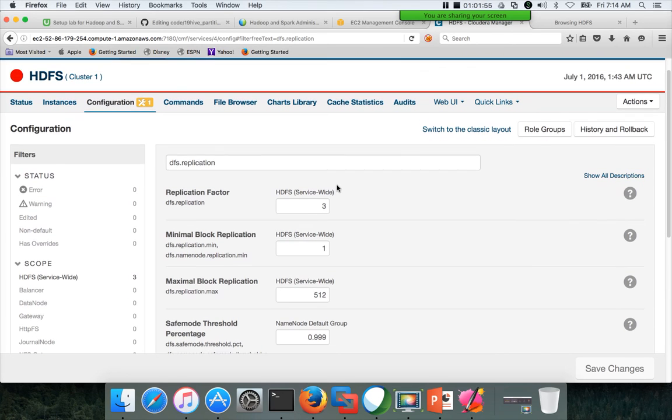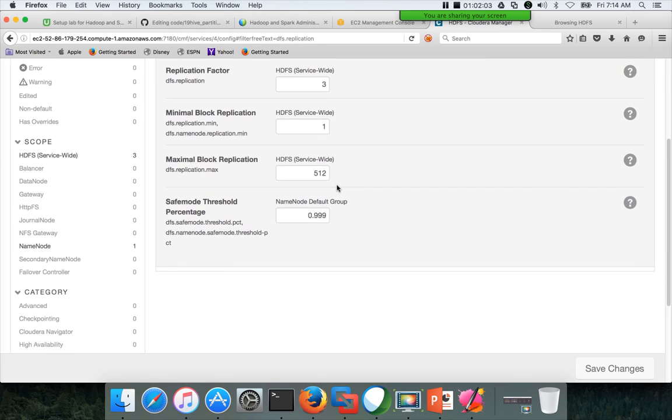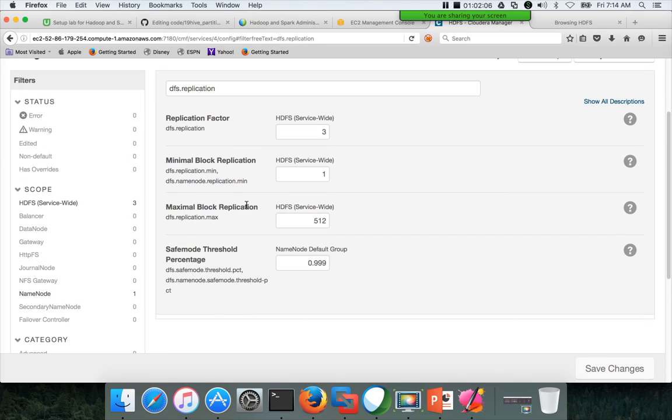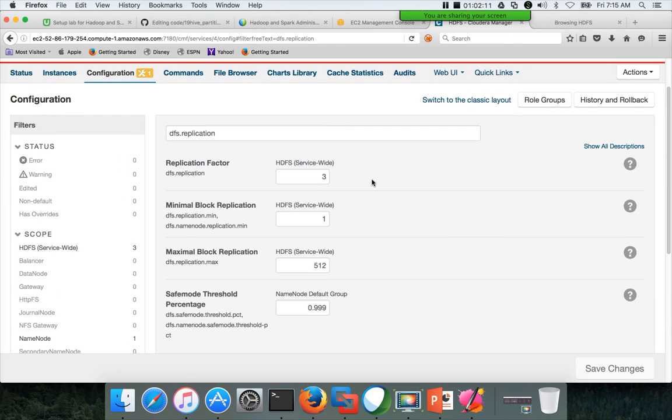In Cloudera, if you have to change those parameters, I think you have to use some concept called safety valve, because it is not letting us change it here. I couldn't find any lock icon or anything here. So from the web interface, I am not sure whether we will be able to change it. There is a concept of safety valve in Cloudera, but I am not sure. Anyway, if Cloudera does not allow, it should allow. Let me see.